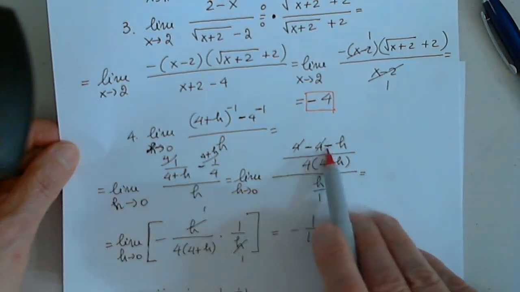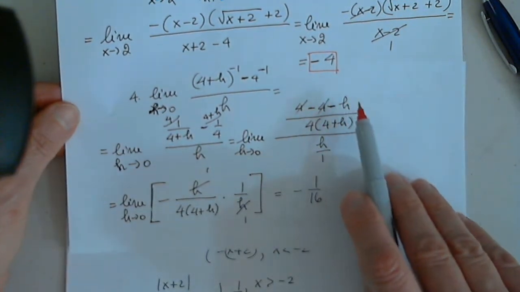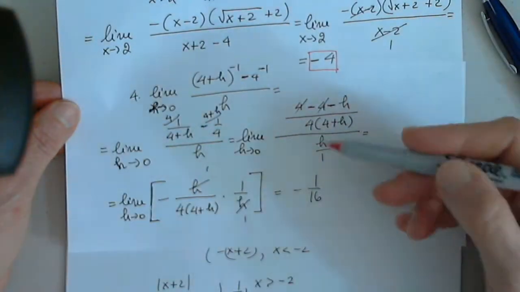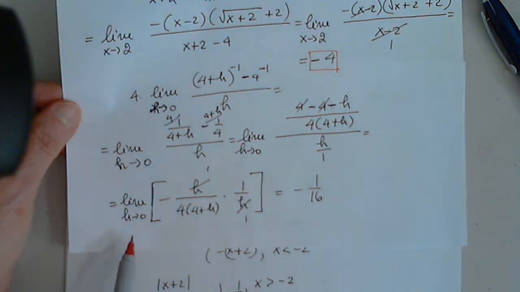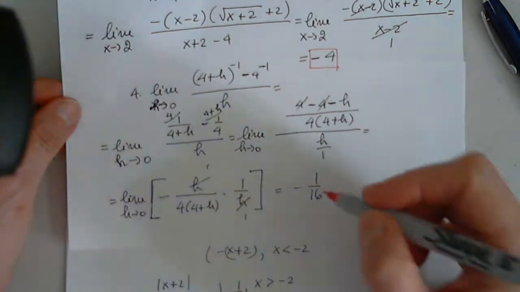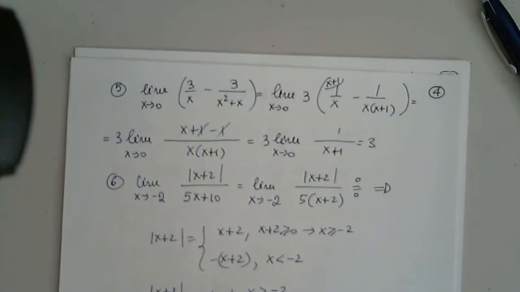I distribute. 4 goes away. Of course, as expected, all terms without h have to go away, and then h over 4 plus h. I flip. I simplify the h. When h approaches 0, I have 4 times 4 is 16 with minus in front. So the limit is -1 over 16. Next,